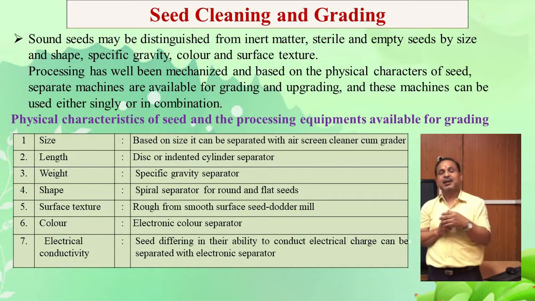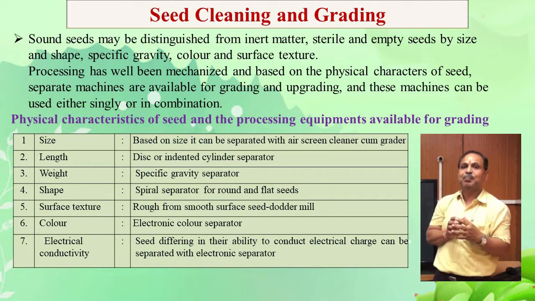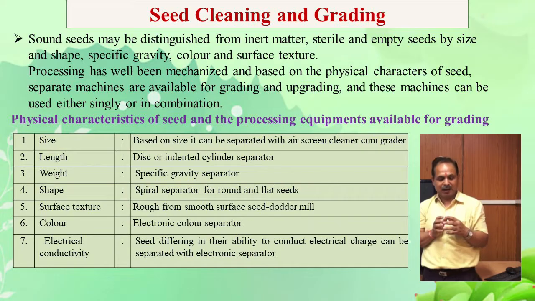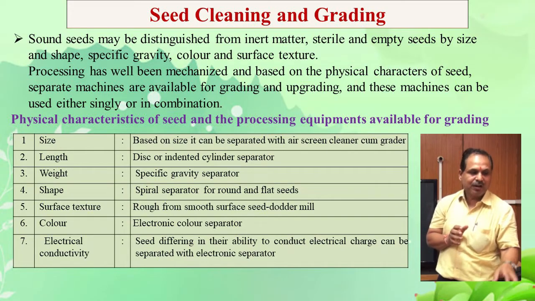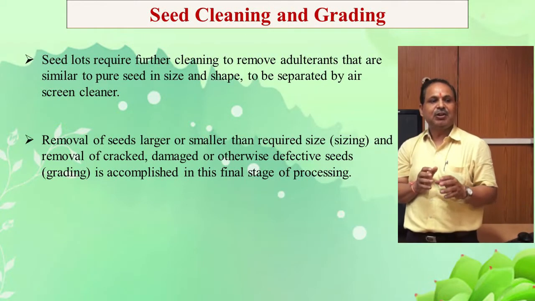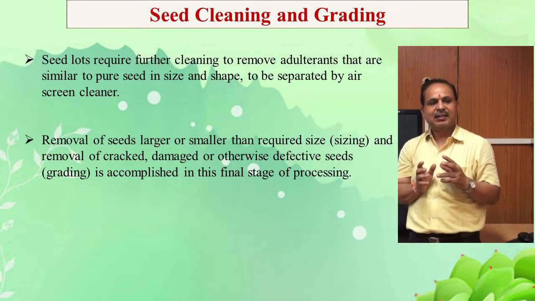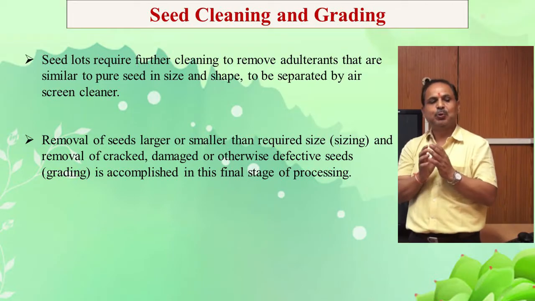For weight, specific gravity separators are there. For color, electronic color separators are there. So there are equipments available at the processing plants for this physical character separation of the seeds with these physical characteristics. Seed cleaning. Seed lots require further cleaning to remove adulterants that are similar to the pure seeds